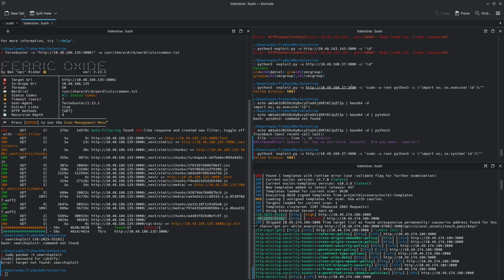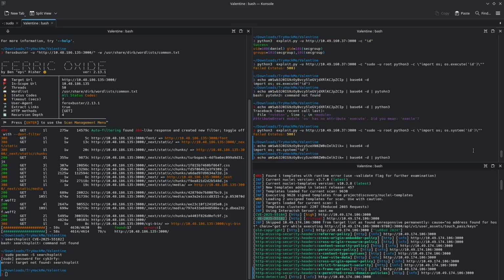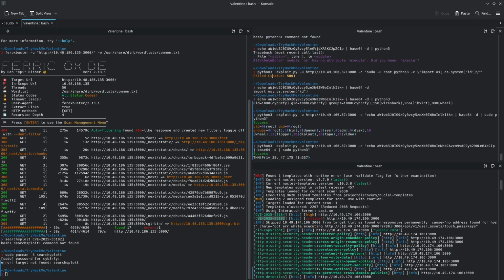I just tried to privilege escalate directly to root to get the flag printed directly. For that, in Python we can execute commands using os.system. Using os.system, we can execute the command. So when I ran this script, python exploit.py, I wrote this sudo -u root python3, and then this to print the id, but it gave me status